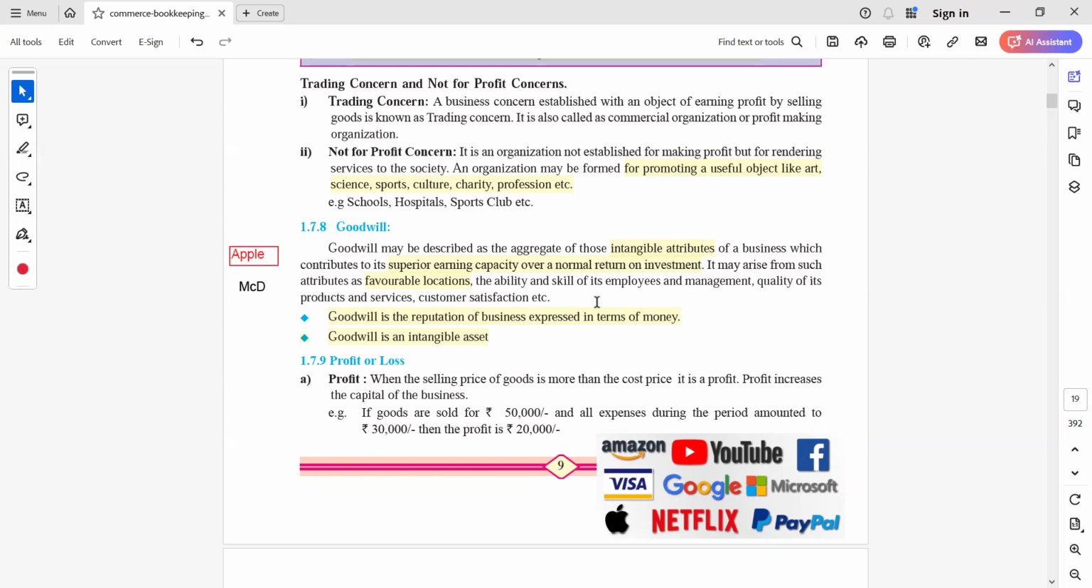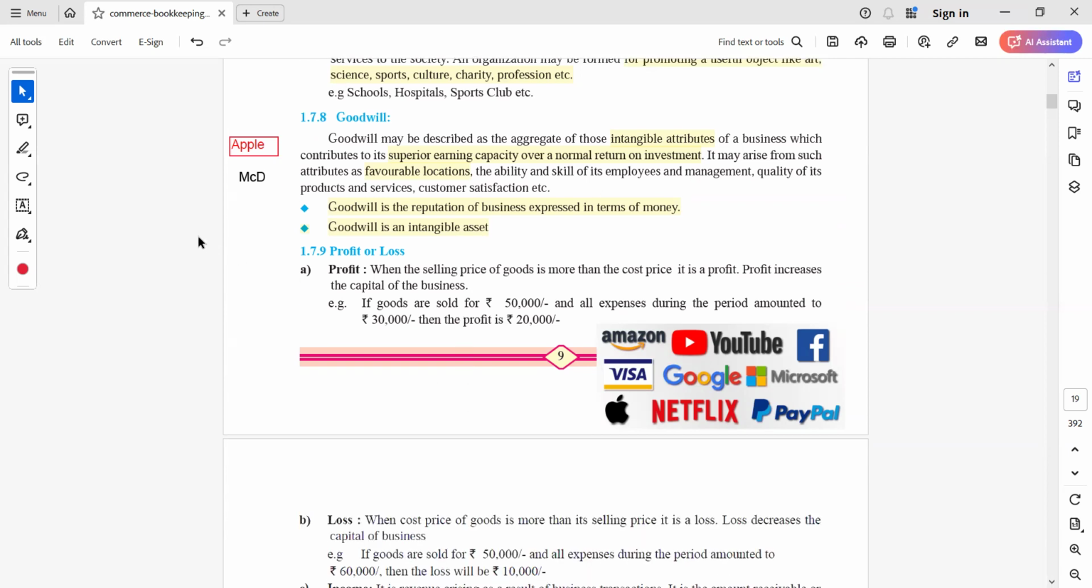गुडविल इज अ रेपुटेशन ऑफ अ बिजनेस एक्सप्रेस्ड इन टर्म्स ऑफ मनी। इट इज एन इंटेंजिबल असेट, टेंजिबल असेट विच कैन बी टच्ड। दो प्रकार के असेट होते हैं, एक टेंजिबल एक इंटेंजिबल। टेंजिबल बिल्डिंग, कार, फर्नीचर are tangible asset। Intangible asset जिसको हम टच नहीं कर सकते। गुडविल इज बेसिकली वो अनसीन क्वालिटी ऑफ द बिजनेस है, राइट। सो इट्स एन इंटेंजिबल असेट।